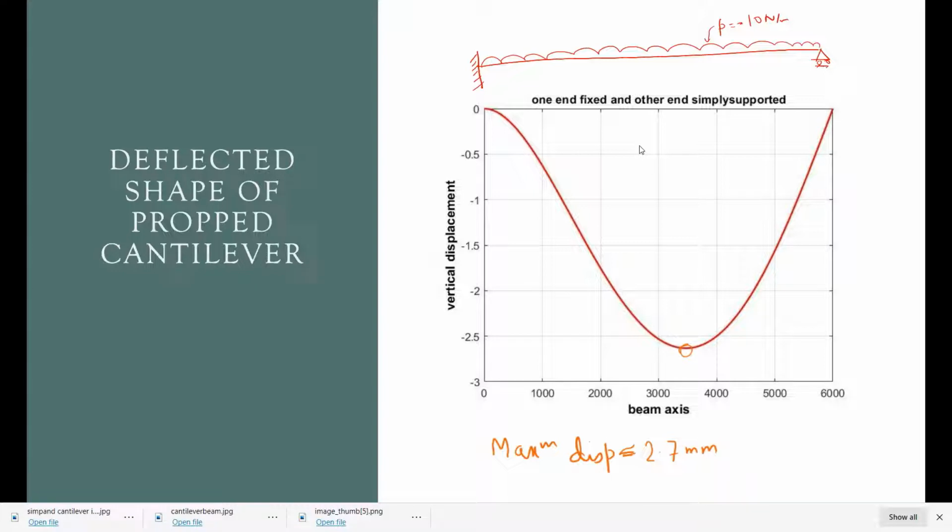This is the load applied on this beam whose length was 6,000, and all the properties I have shown.